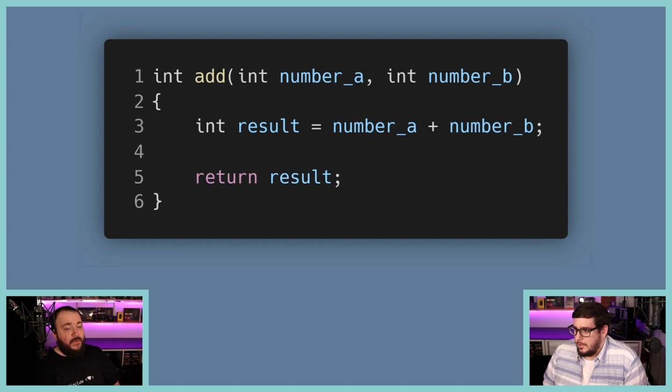And if you would, in line 3, instead of saying int result, you would say char result is number A plus number B, and then you would say return result. Then result is of type char. It's not the same as int, but what will happen is it will convert it over to an int. Okay. I was going to say, is it going to convert the add? But it converts the result. Yes, because it's of a different type.